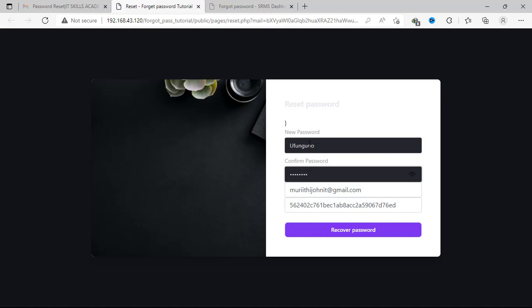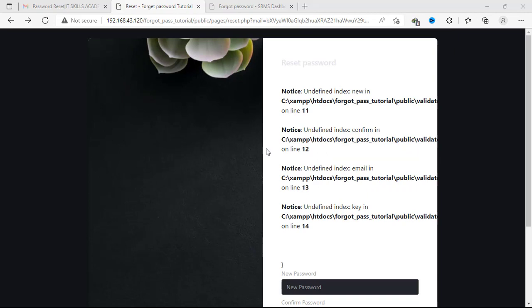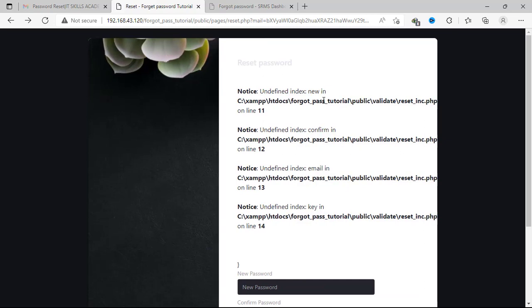So I'm just having it shown like this just for test purposes, but it should be hidden like this. We have these two, we're also going to hide them, but let's first of all try to see if our code is working as we would expect. So it's refreshing that. Okay, now what will happen is that we're going to find these errors appearing here, but